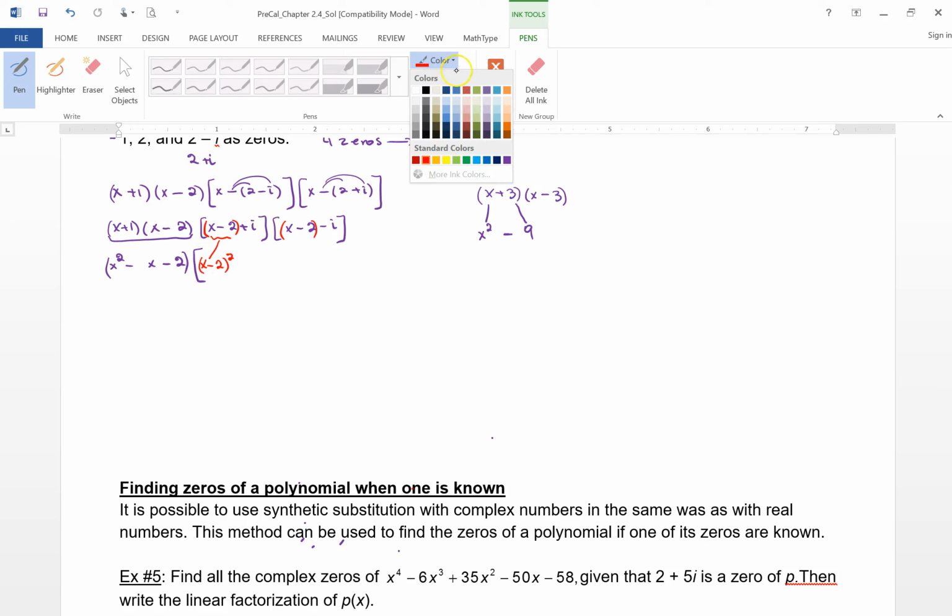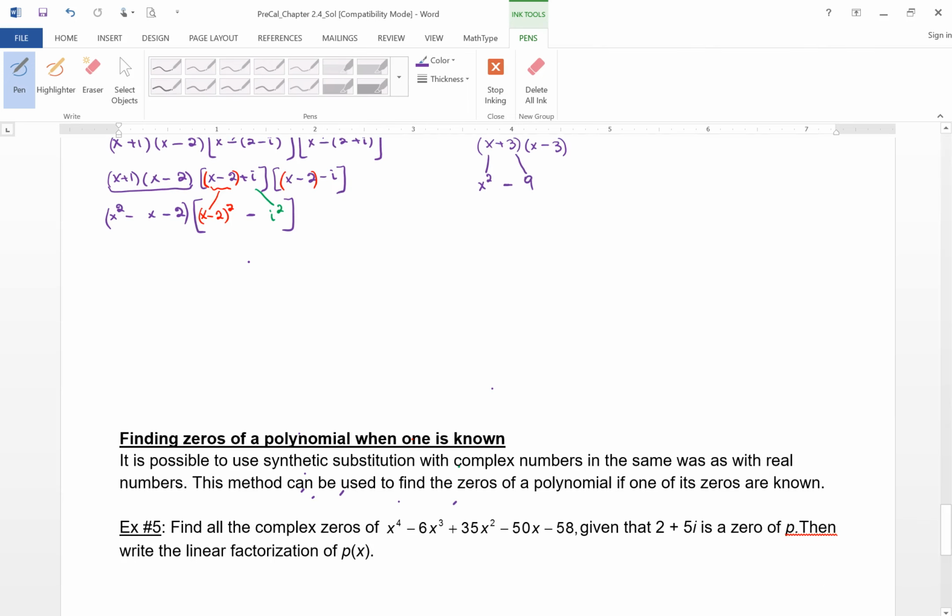I'm going to square the last one. And I'm going to put a minus in the middle. So when we go home tonight, we're all going to be watching this one more time. All right, now I'm just going to ignore this one for a minute. It's like the middle child that's going to get ignored for a little bit. This one,